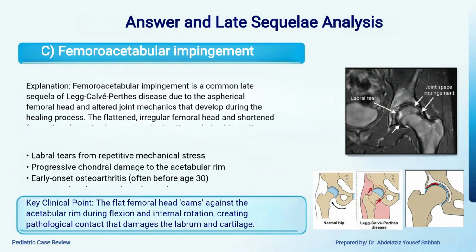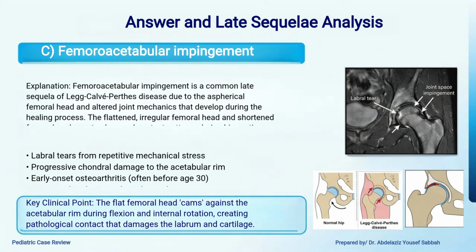The correct answer is option C, femoroacetabular impingement. Femoroacetabular impingement is a common late sequela of Legg-Calvé-Perthes disease due to the aspherical femoral head and altered joint mechanics that develop during the healing process. The flattened, irregular femoral head and shortened femoral neck create abnormal contact patterns during hip motion, leading to labral tears